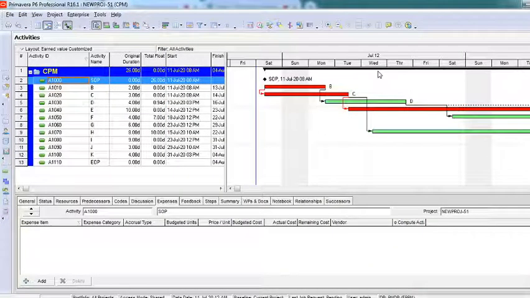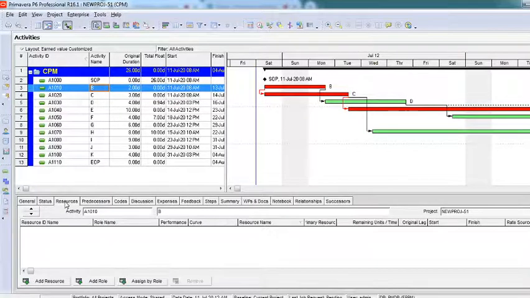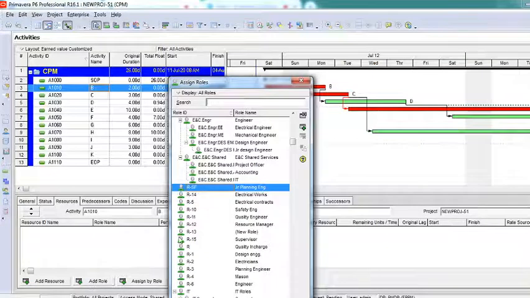I have created a junior planning engineer as a role here. I'll click on any activity where I want to assign it, and then I'll go to an option called resources in the detail window. Select the activity where you want to assign the role. Very important, do not just go to the resource. Select the activity where you want to assign this role, and then in the detail window click on resource. In this resource you have an option called add role. The moment you click on add role, you can find the ID we have created, you can see junior planning engineer. You can select this and say assign.